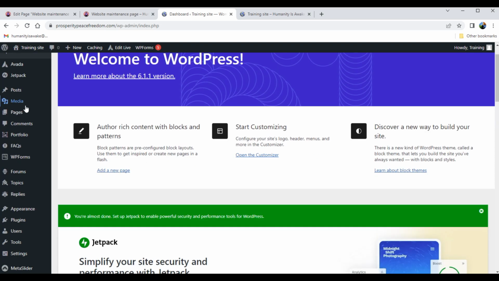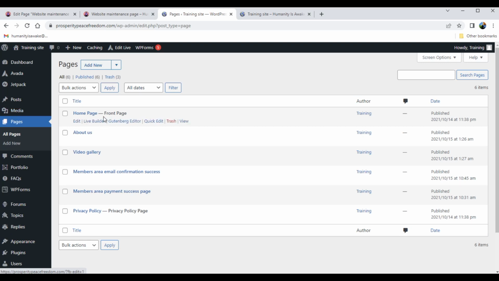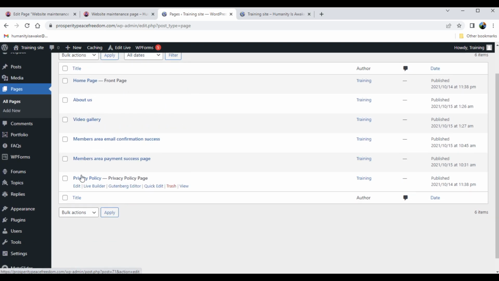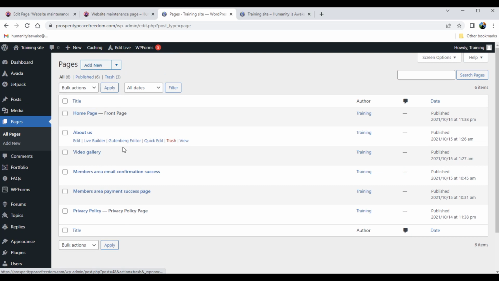what we're going to do here is go down here and click on pages. And notice that if you hover over this, and if you hover over all of these, they come up with different things. But if you hover over pages, you can say all pages or add new. Okay. Just click on pages here. And these are all the pages we've made in this example website. Okay, in our test website. So